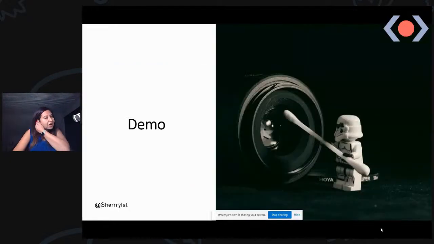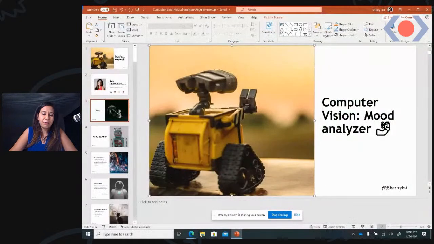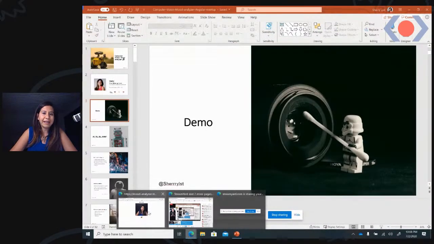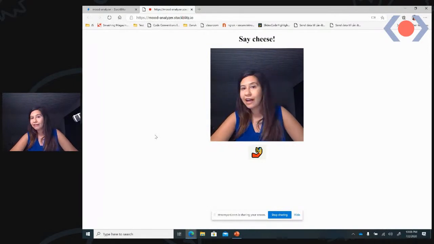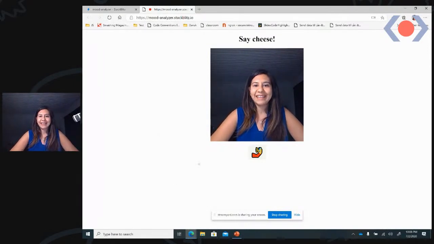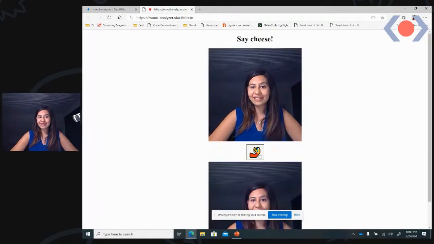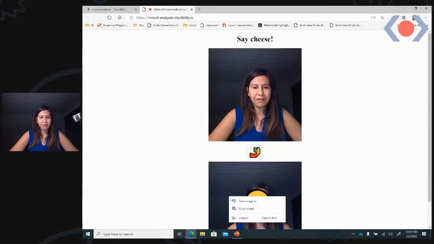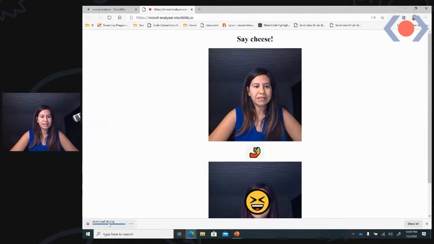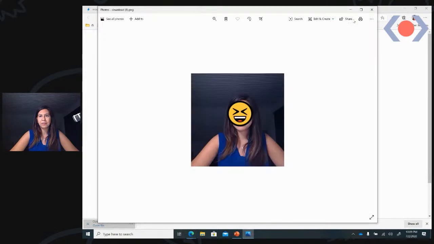So let's start by actually showing you what I have built. As you can see here, this is a pretty simple app, nothing fancy, and there is a live view of me. And when I take a picture, it transcribes it to an emoji. And it's fully saved, so if I want to share it, save it, you can see I draw it here.